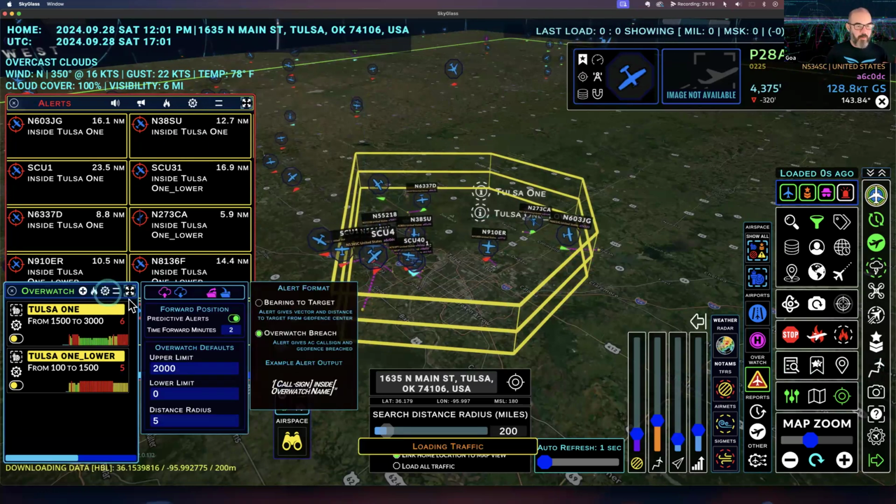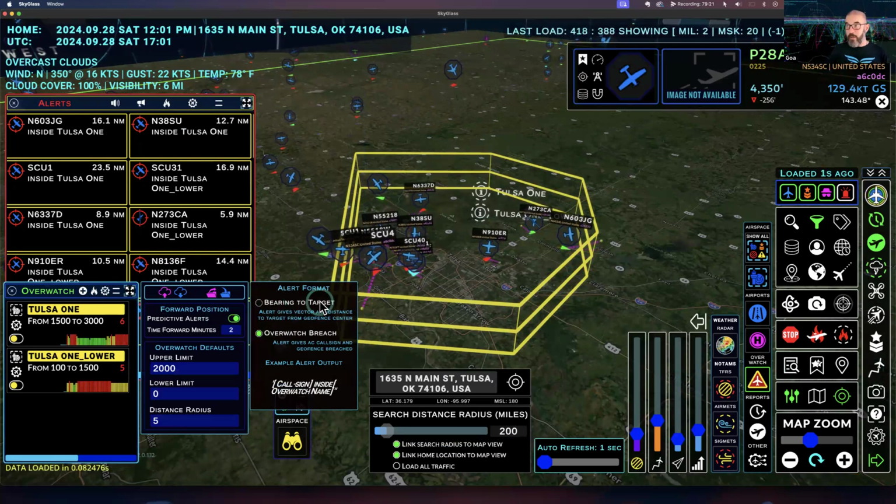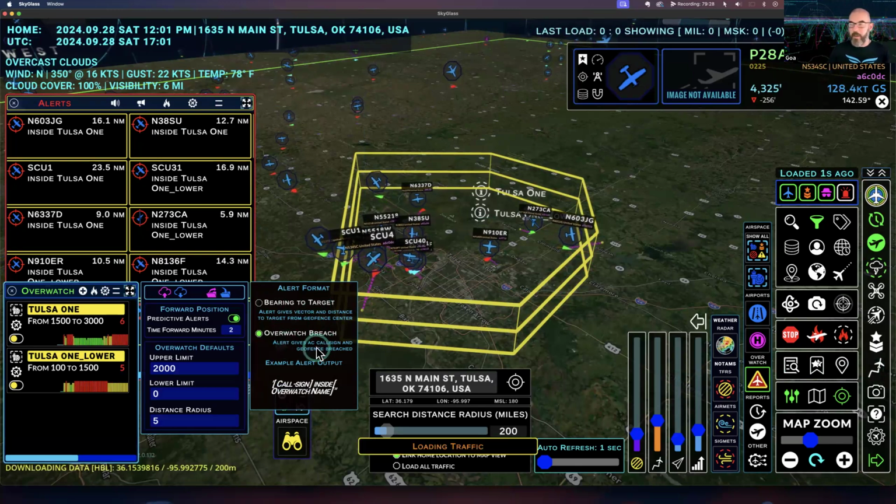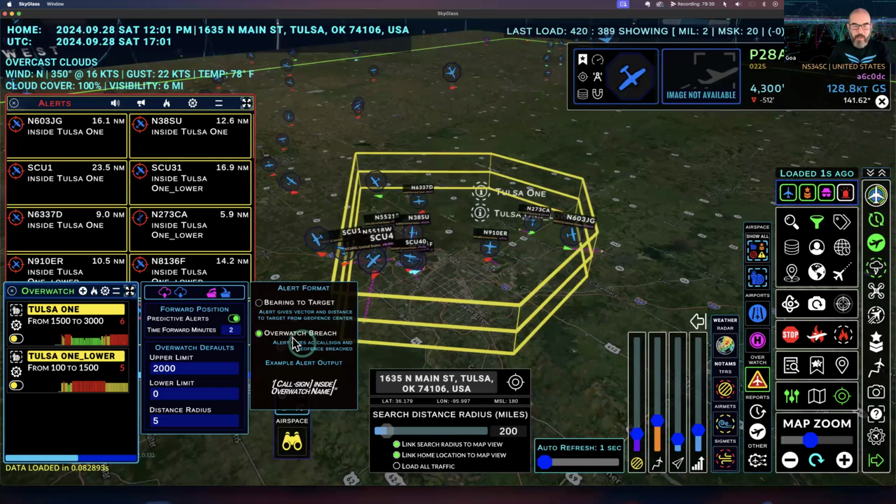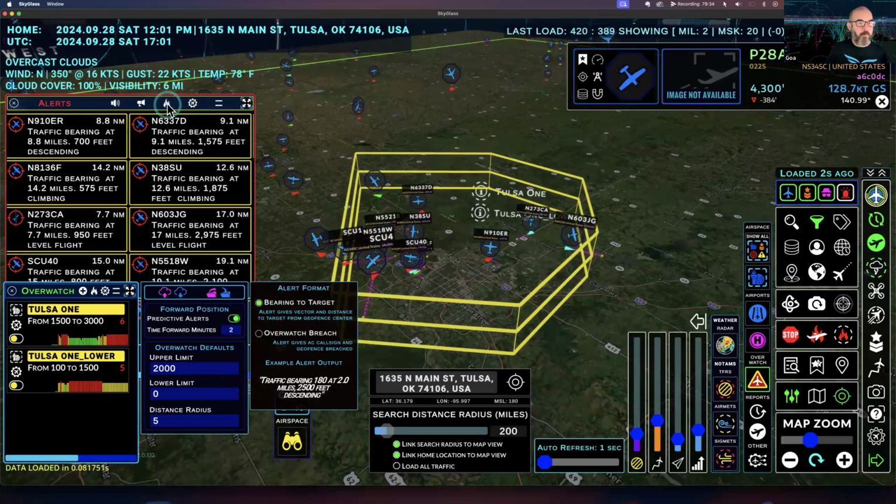Go back to the config panel here. So we've got bearing to target, target being the center of that space, or we've got the Overwatch that's been breached. Depending on what you're trying to do, I kind of keep mine in the Overwatch breach, but if you put it on bearing to target, then it says, cool, we've got